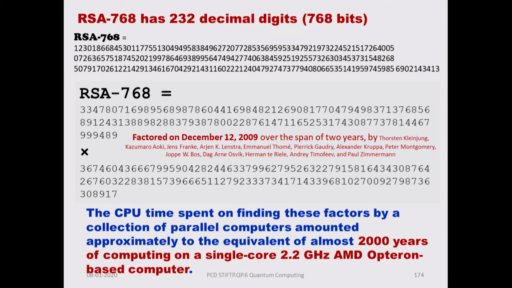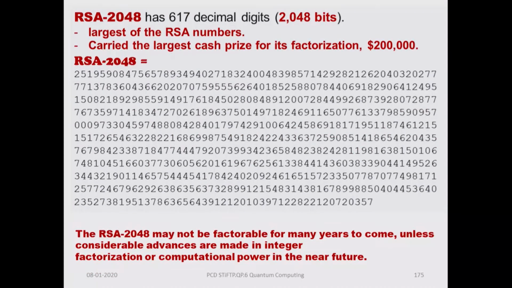But quantum computers will let you process this information very fast, and that will obviously impact our lives in a very big way. So, there is this RSA 2048. It has 617 decimal digits. This has not been factored as yet,